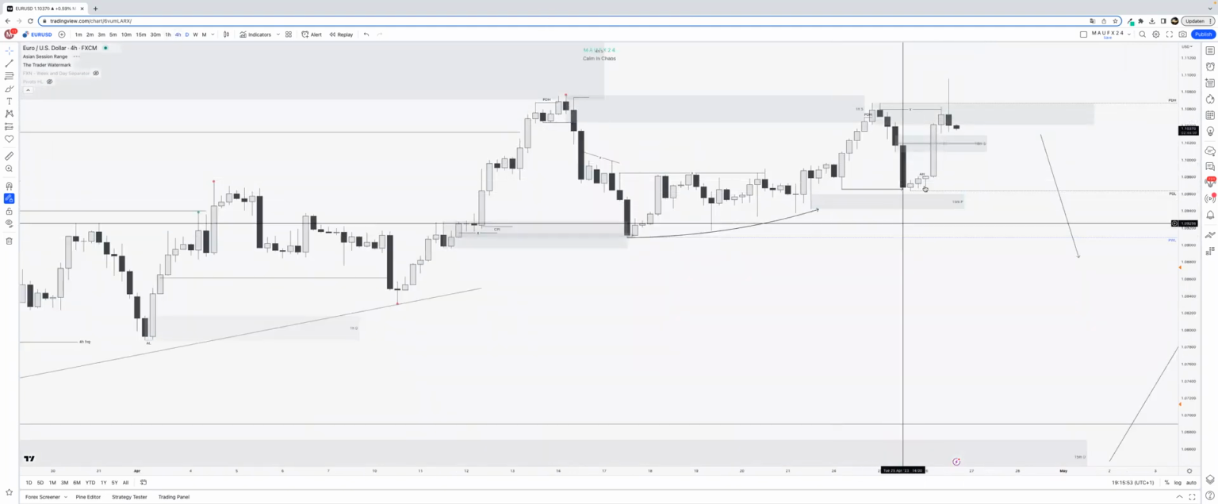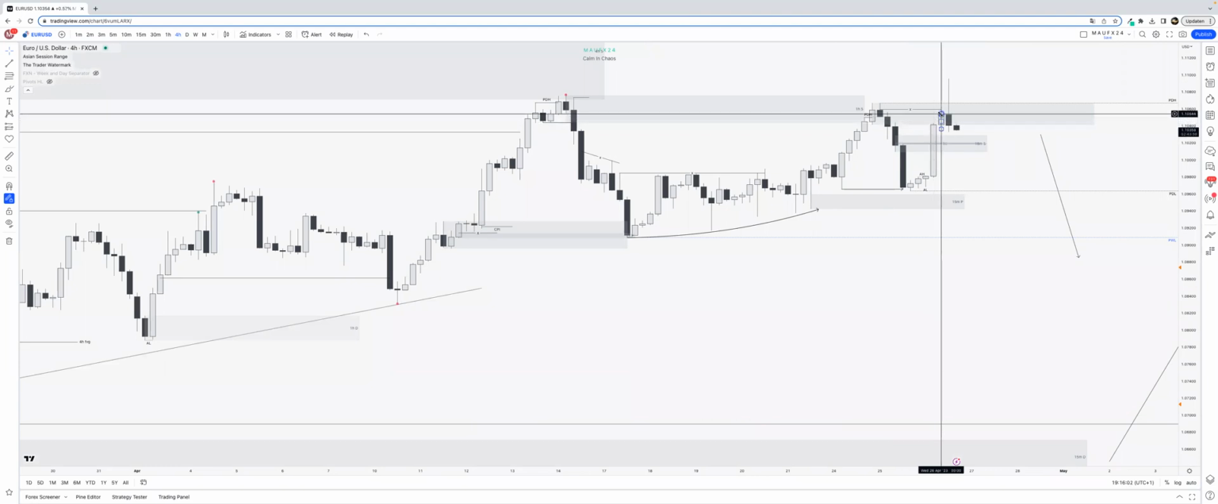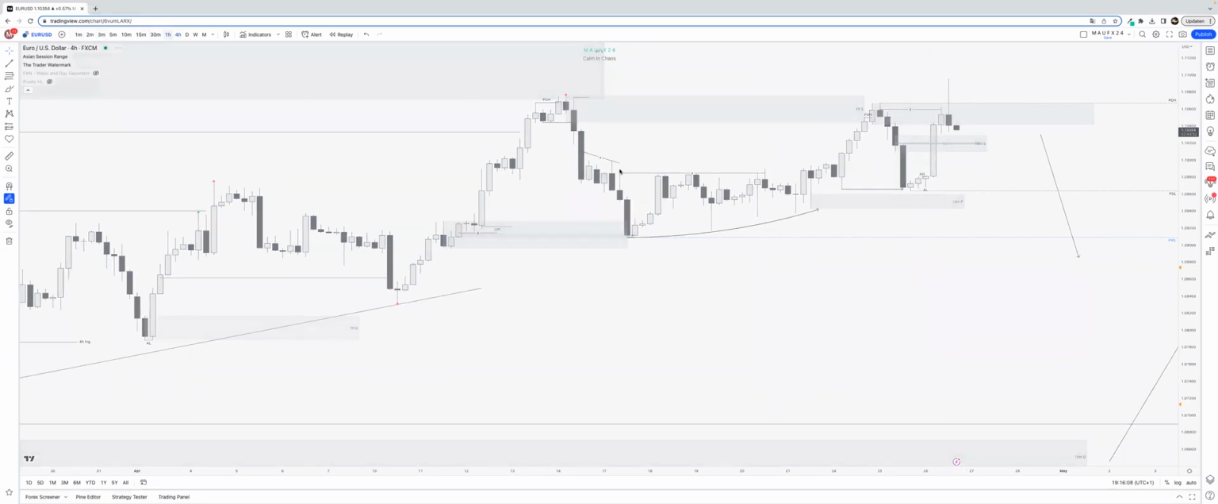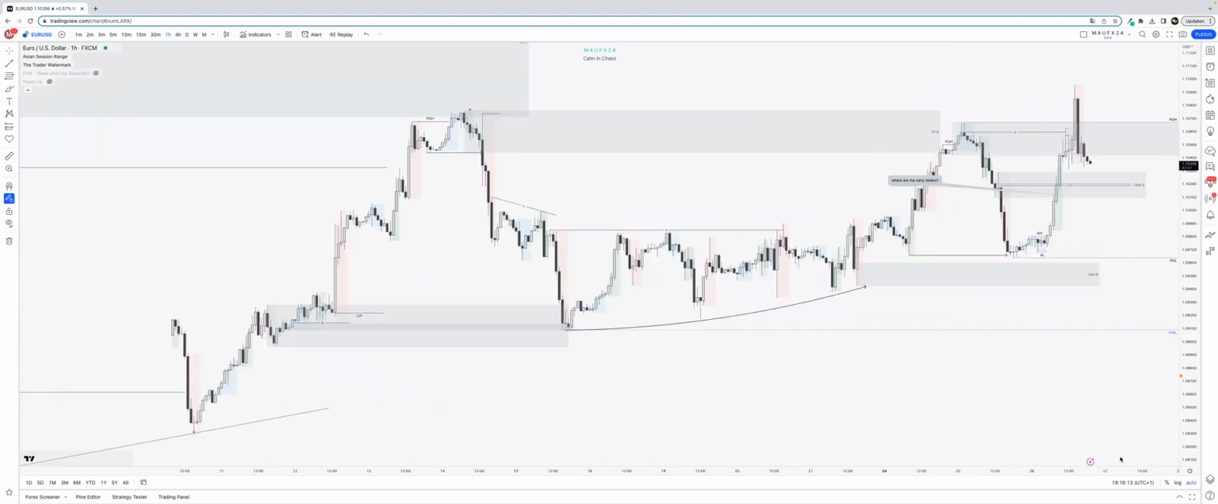4 hour wise you can see the same. So Frankfurt open till London close, we got that strong push up and yeah, that was basically my session. So this was my session, and you can see that's not really tradable. I was looking for longs and I was looking for shorts in my